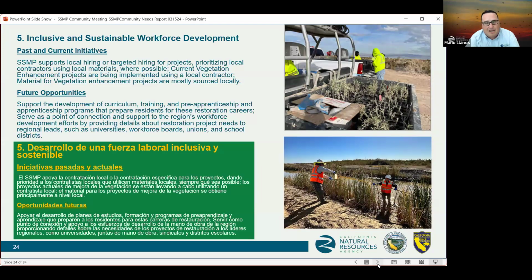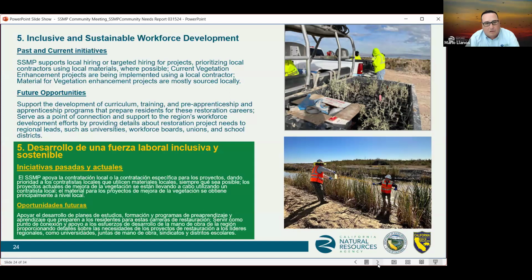Current vegetation enhancement projects are being implemented using local contractors. Our current SCH, Species Conservation Habitat, Aquatic Habitat Project, uses skilled trades, with most originating from the region. The SSMP has prioritized hiring program positions at the Salton Sea region in the last several years.